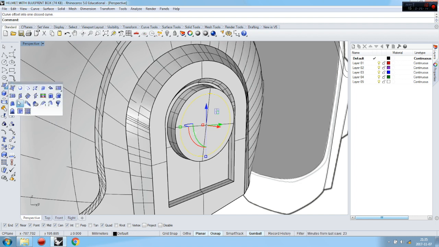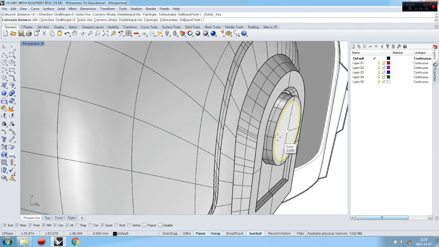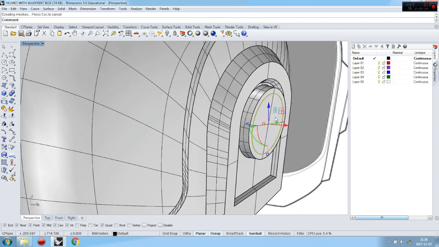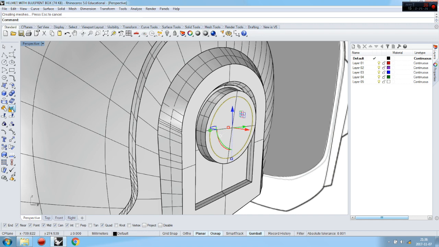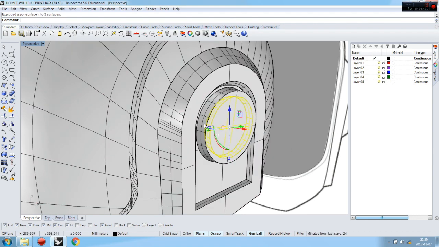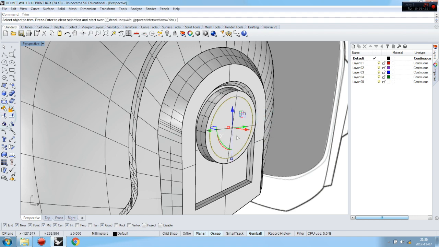It's very primitive commands, really easy to do. Yeah, like that, and then explode it to get this on the inside shapes, yeah, and then use that one to trim it, yeah, okay, and then